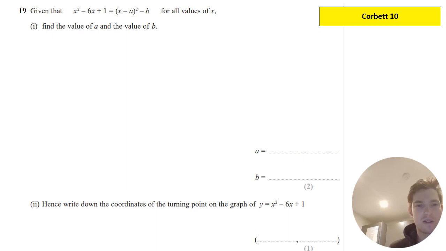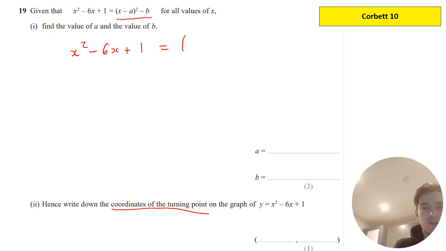Okay, given that x squared minus 6x equals x minus a all squared minus b, find the value of a and find the value of b. Now, what type of question is this? Well, hopefully you recognize this. We've done this very recently, but if you weren't sure, part B could have looked ahead, and it says coordinates of the turning point, which means I think it's going to be completing the square, which we have just done very recently. So completing the square,